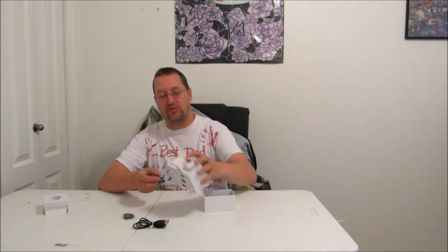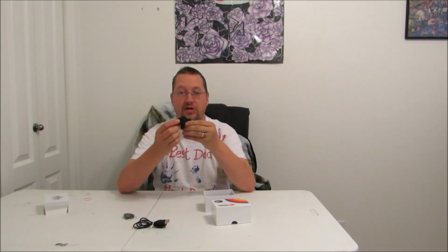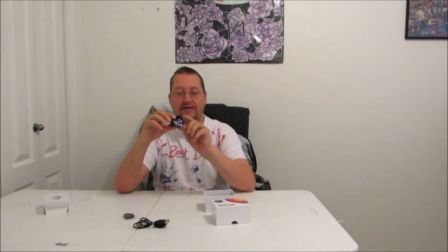Just like their other Wi-Fi cameras, this particular model does work with your mobile phones. All you have to do is scan in the proper code for your device, and it will download a program called Plug and Play, and it's very, very simple to set up, very easy. All you have to do is turn on the unit. You have to wait about 30 seconds, and there is an indicator light on the back. I'm not sure if you can see it or not, but there is a small indicator light here on the back. But you turn it on, you wait about 30 seconds for it to initialize its own Wi-Fi hotspot,